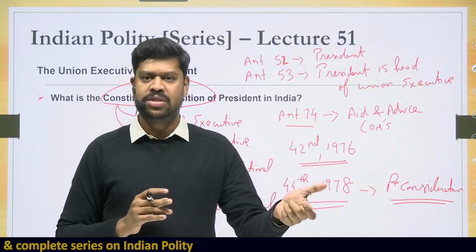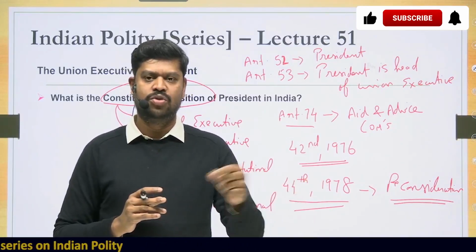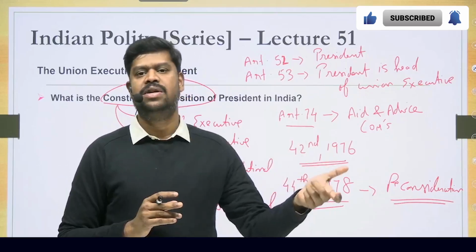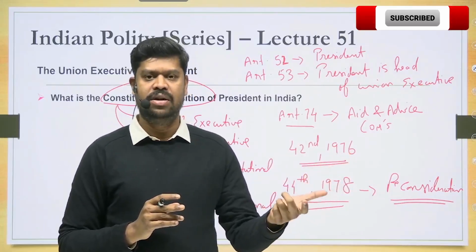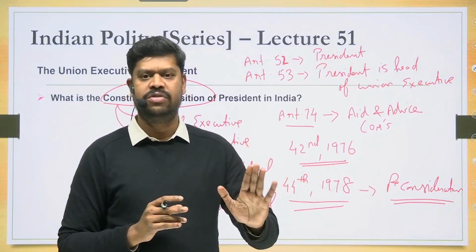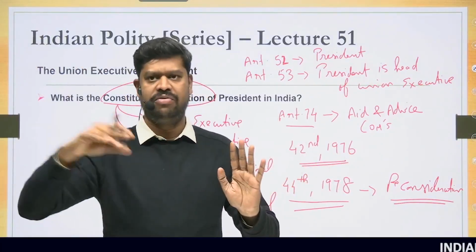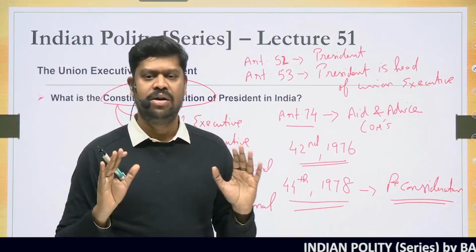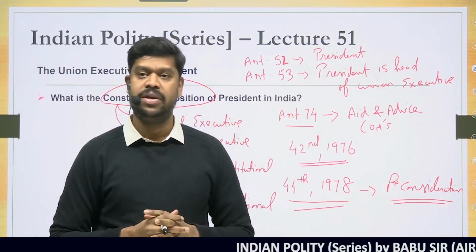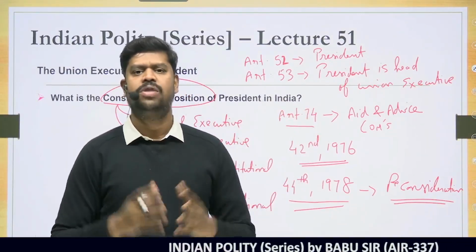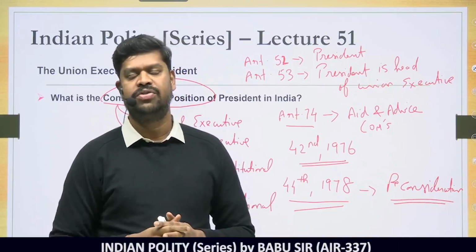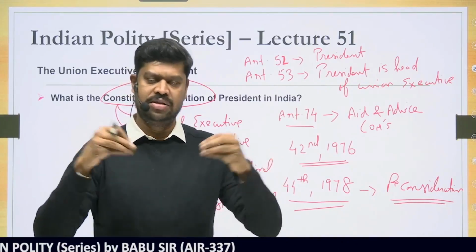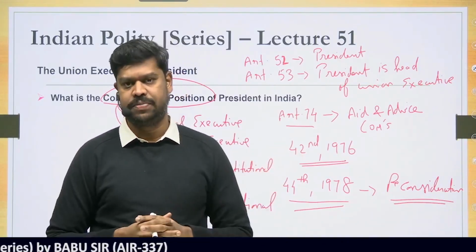If the Prime Minister and the Council of Ministers lose the majority in the Lok Sabha by a no confidence motion, then that government will be called a caretaker government, and they will continue to be the Prime Minister and the Council of Ministers till the new government is elected after the elections. But the advice given by the caretaker government on major policy issues is not binding upon the President. So the President doesn't have to act in accordance with the aid and advice of the Council of Ministers, but he can exercise this only under such a situation. Unless and until the situation arises, he cannot exercise his power.